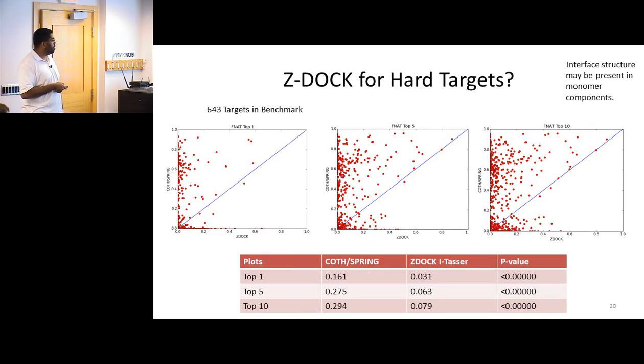Here on the x-axis is ZDock, the y-axis is our combination threading program, and for the most part, ZDock misses the majority of the templates, and for the ones it does find, usually the interface structure is stuck in a homology model.